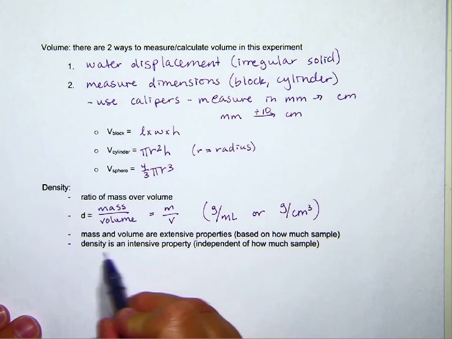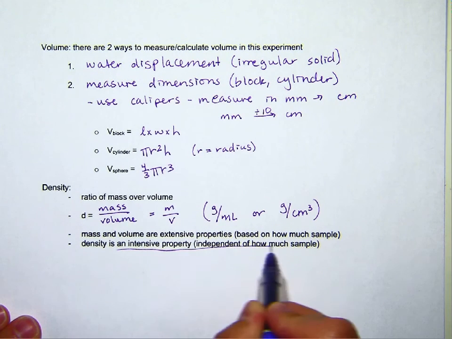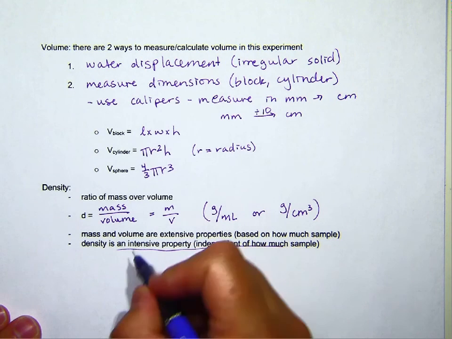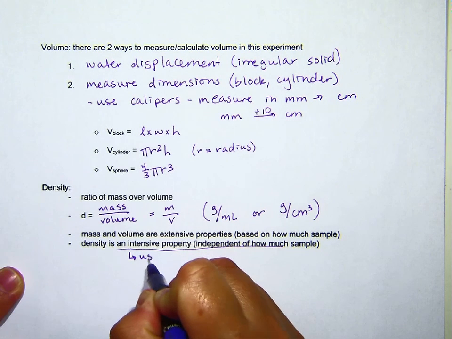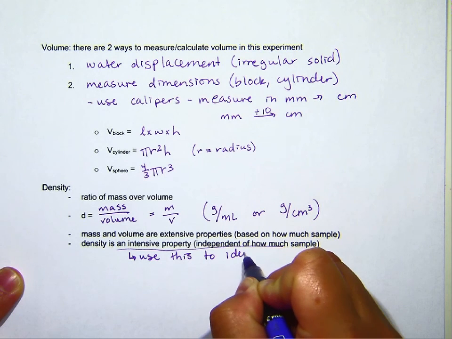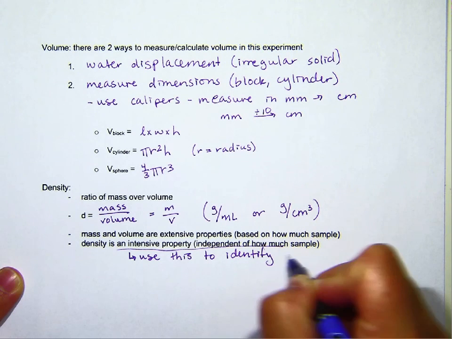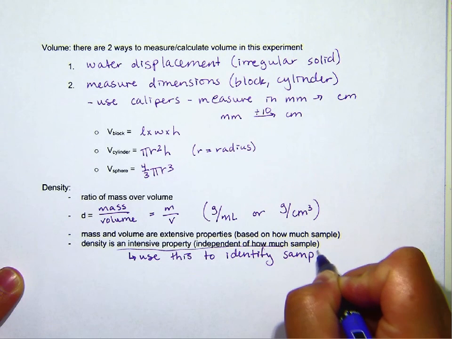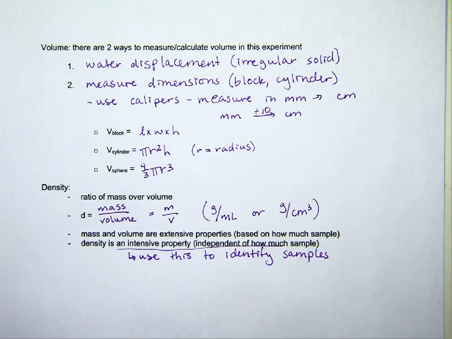Because density is independent of how much sample we have, we can use this property to identify our samples. Once you identify your sample, you'll be able to know how well you measured it based on the percent error that you